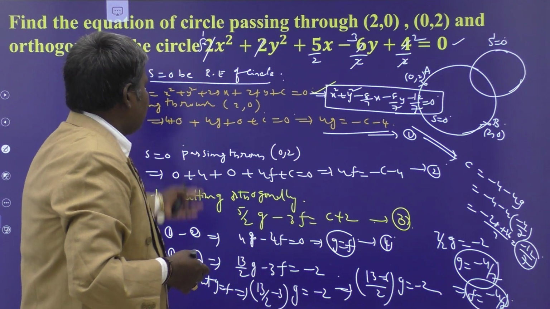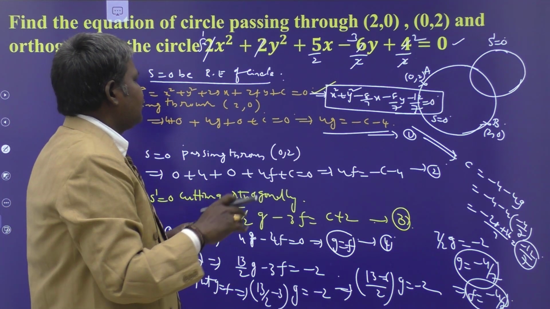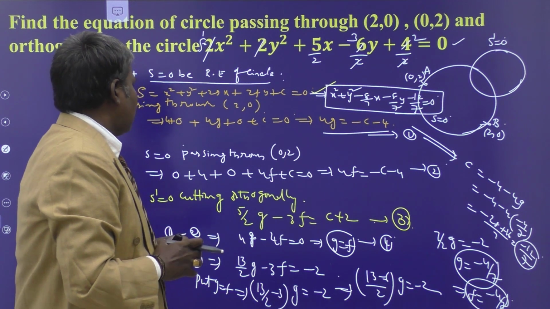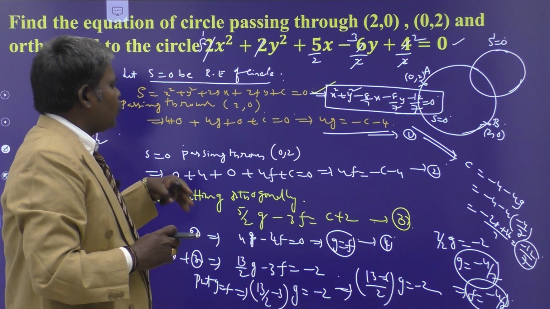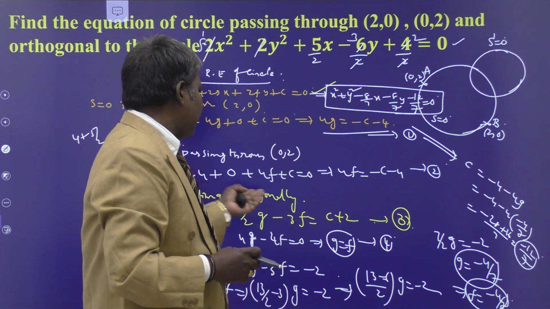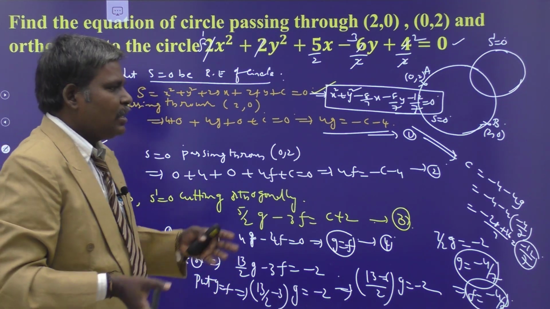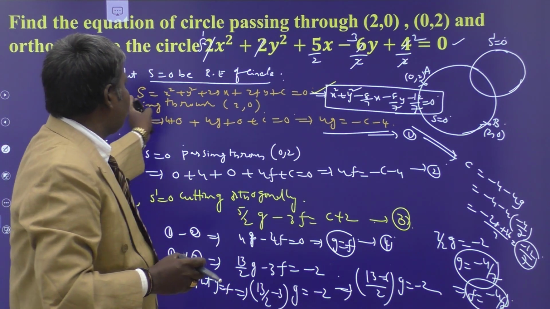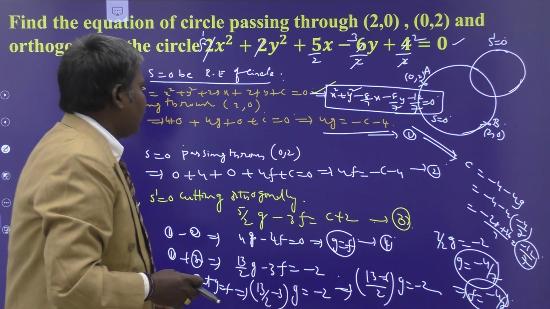So each and every one is the same procedure. You have to observe the conditions and just apply them, and the main role in these problems is simplification. So first of all, you have to eliminate the c value by subtracting or adding depending upon the situation, and go for solving f comma g, and put the f, g, c values in your required equation. We obtain the correct answer. That is your required answer.